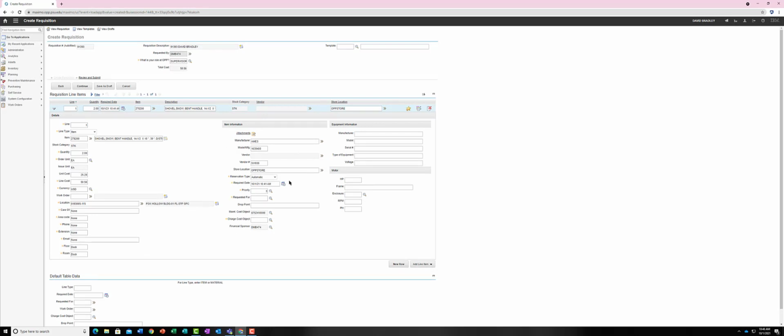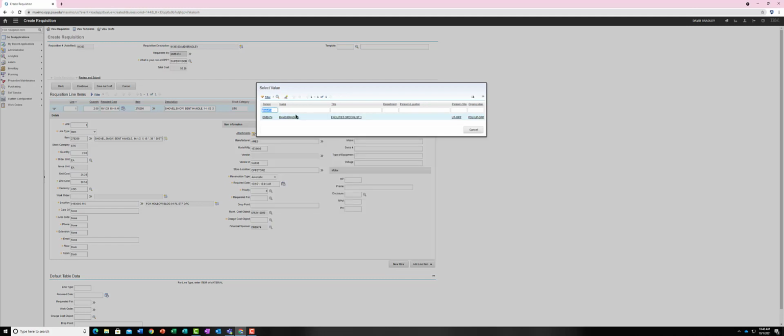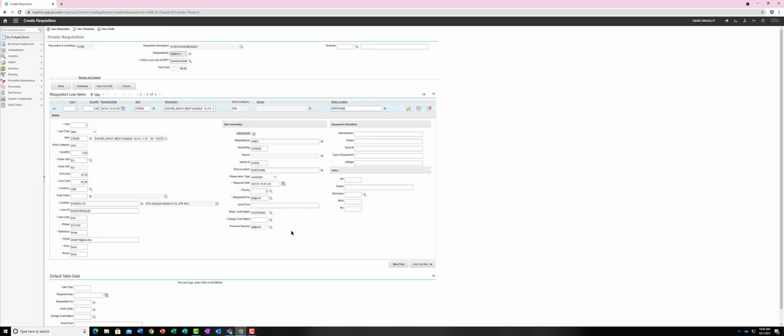Now the next thing I need to type in is who it is requested for. So under person, I'm going to type in my user ID and click enter. And that is going to bring up my name. Click on that as well. And that is going to take care of all of my other information over here on the left hand side. You'll see it filled out the phone number and the email. So again, I'm going to type in the drop point. I want to make that 115 Fox